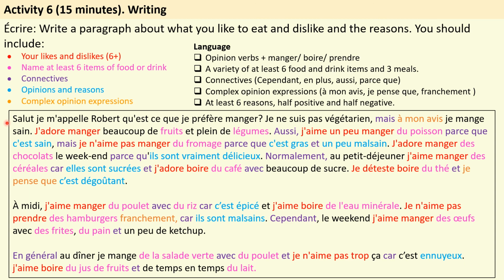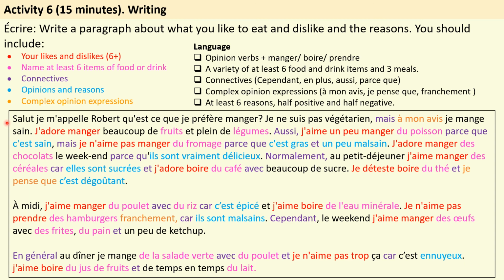Je n'aime pas prendre des hamburgers, franchement, car ils sont malsains. Cependant, le week-end, j'aime manger des œufs avec des frites, du pain et un peu de ketchup. En général, au dîner, je mange de la salade verte avec du poulet et je n'aime pas trop ça car c'est ennuyeux. J'aime boire du jus d'orange et de temps en temps du lait.